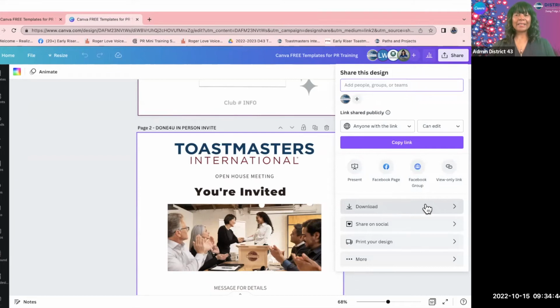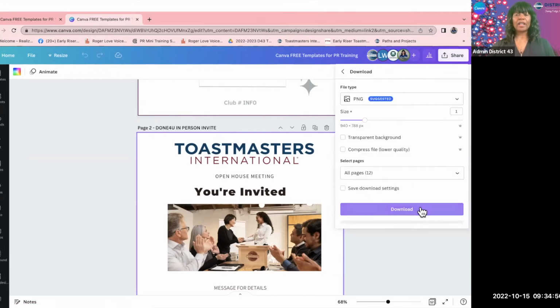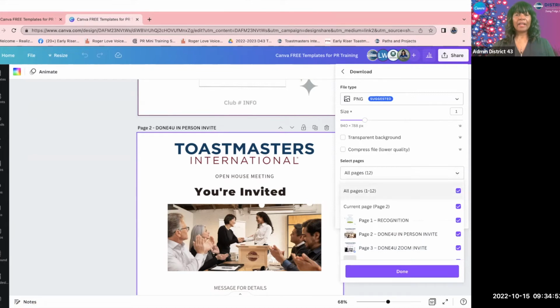And once I download, because this is what I want to do, I probably could go straight to the Facebook page, but I'd rather download it to my file. And then I'd go to release where it says all pages. I release this because otherwise every page would be copied. So page 2, which you name them here, I'm going to click done, because I already know the file type